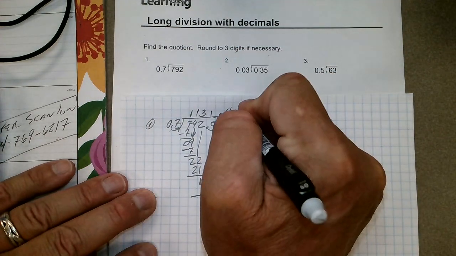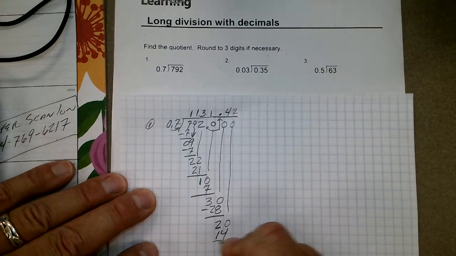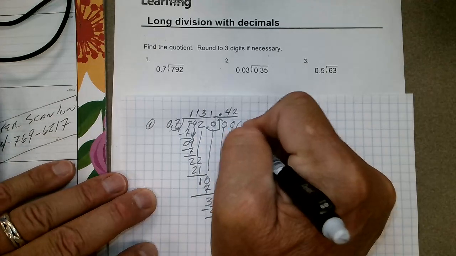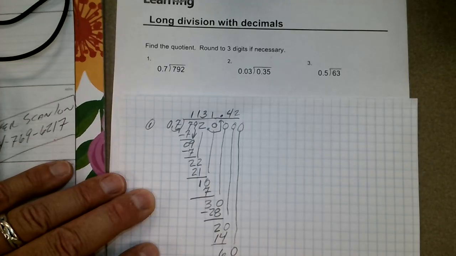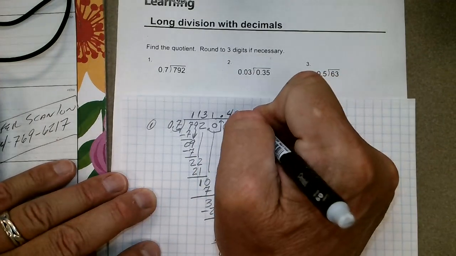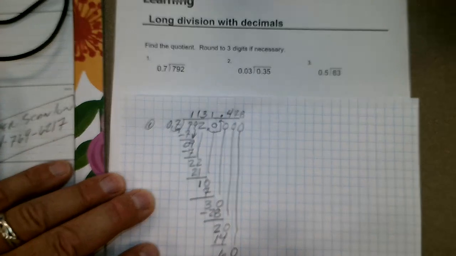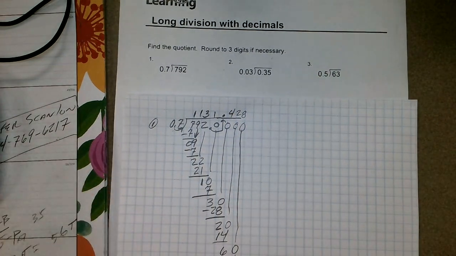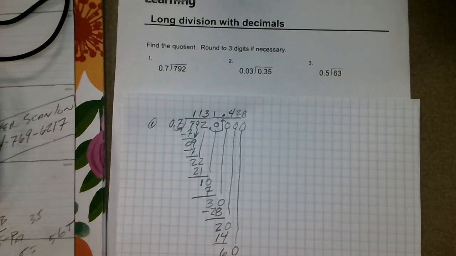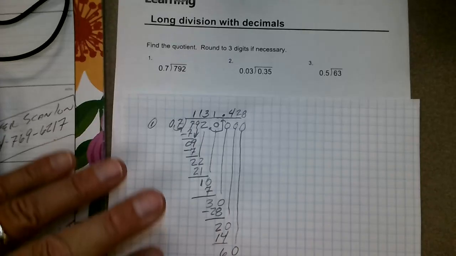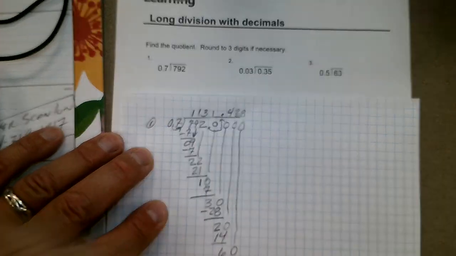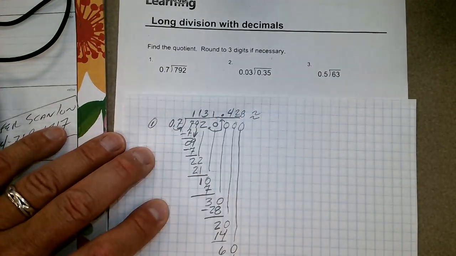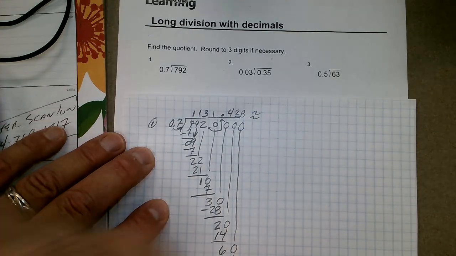But anyway, let's go. 7 twos are 14. Subtract and get 6. Add a 0, bring it down. This is the last one. And this is a little crazy, but that's okay. 7 into 60. 7 eighths are 56. Subtract and get 4. I don't know if this would ever terminate, right? So therefore, we're going to round this to the hundredths place right there. So I'm going to put an approximation sign right there. And I'm going to write